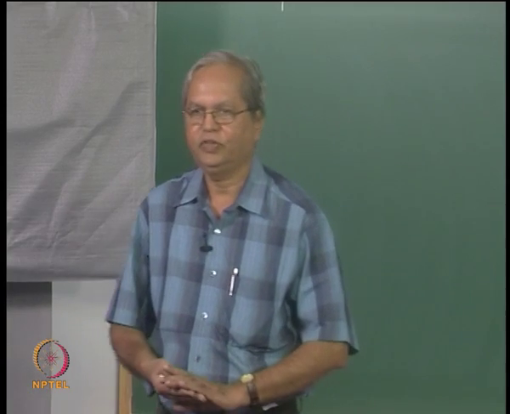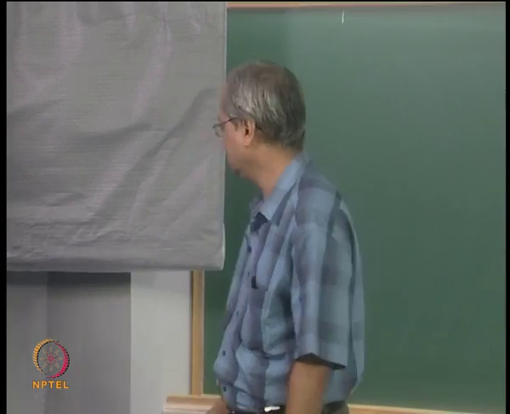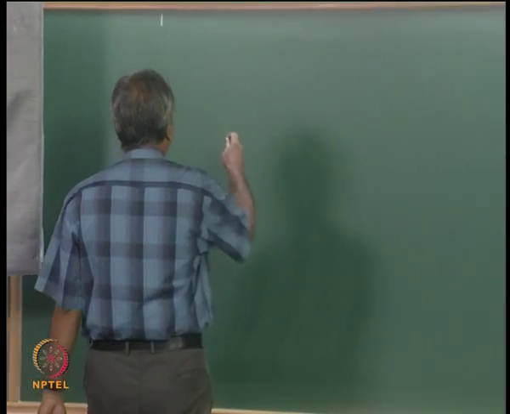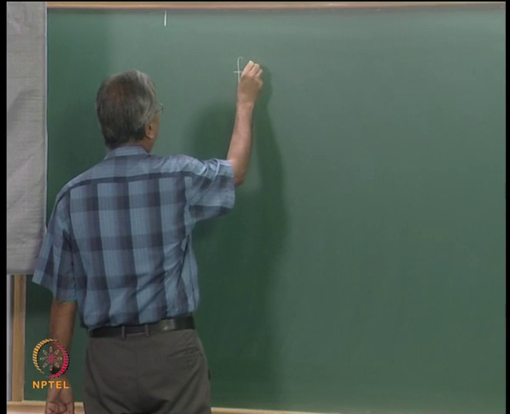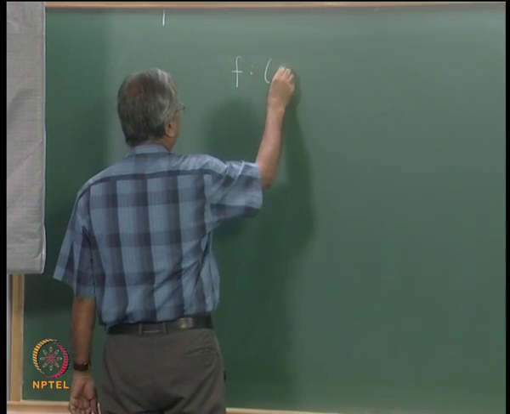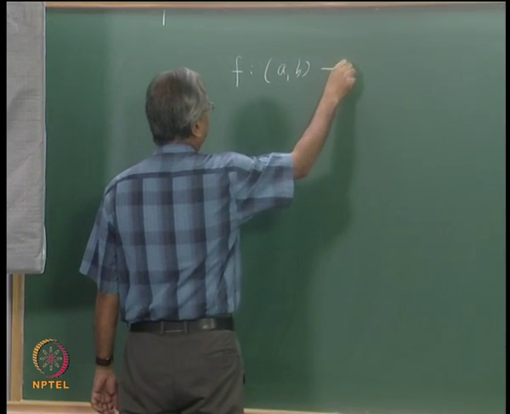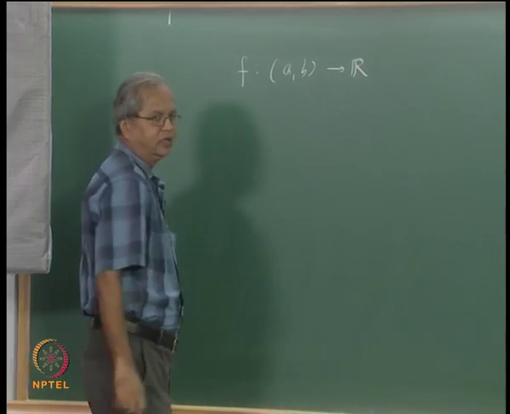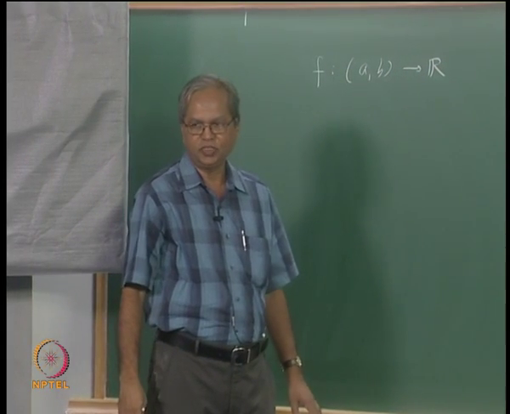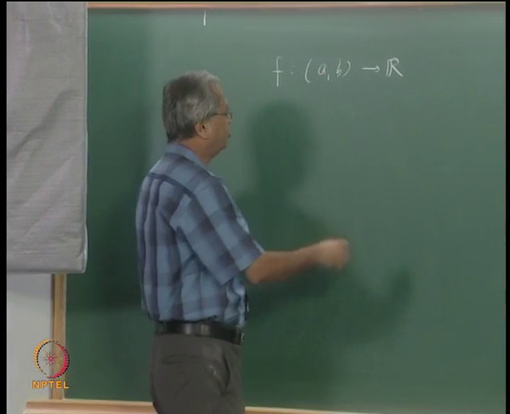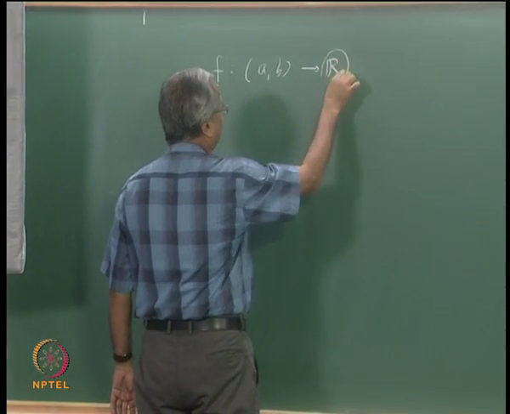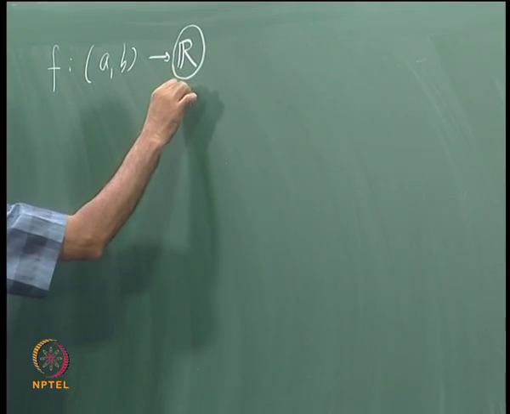Well, so far we have discussed the differentiability of functions which are defined on some open interval of the real line, and also take values in the real line. That is, to put it in symbols, we have taken functions of this type, (a,b) to R. Now our idea today is to discuss a few things about what happens when we change this codomain to some X.